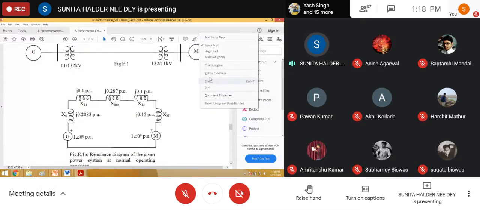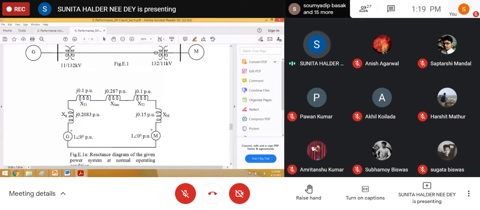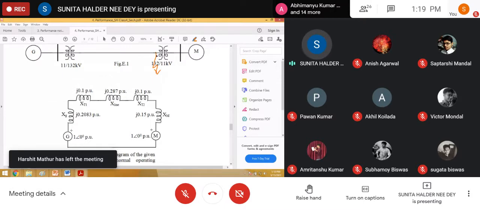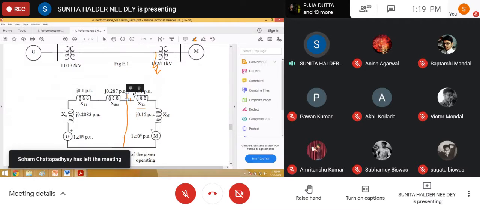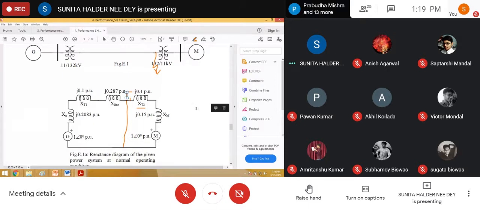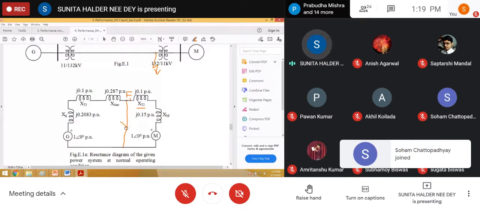Now the extra thing here is that you have to identify the fault point. The fault point is here, at the transformer. This fault point we must connect to ground. I cannot connect this, it is a limitation of the PDF. Anyway, this is the fault point that we should connect to ground. So now what is the fault current? You have to calculate this fault current.